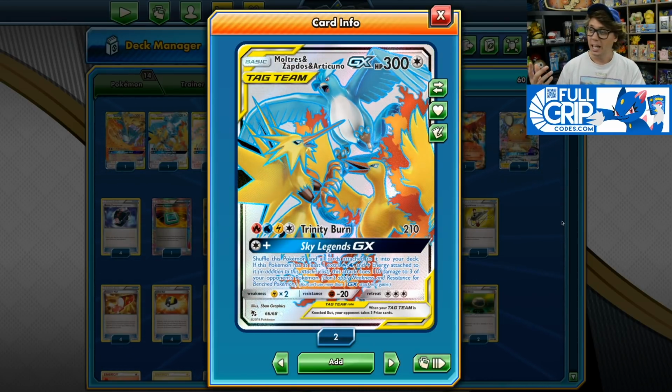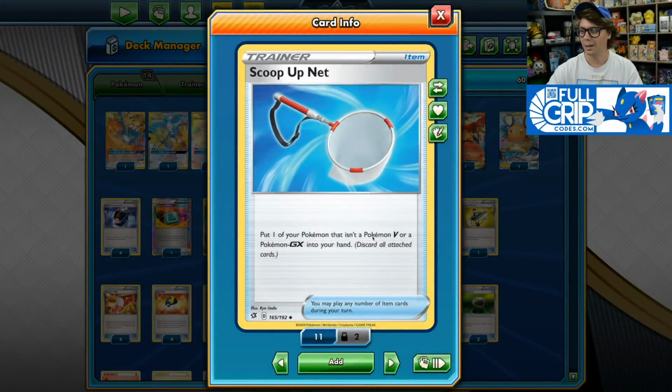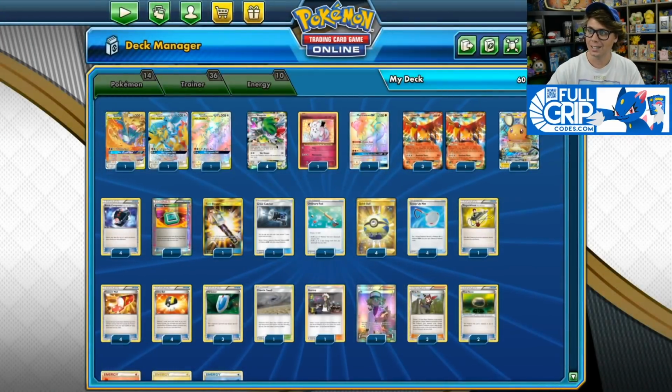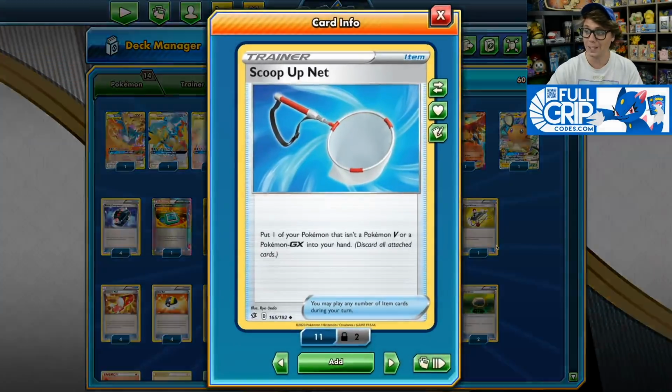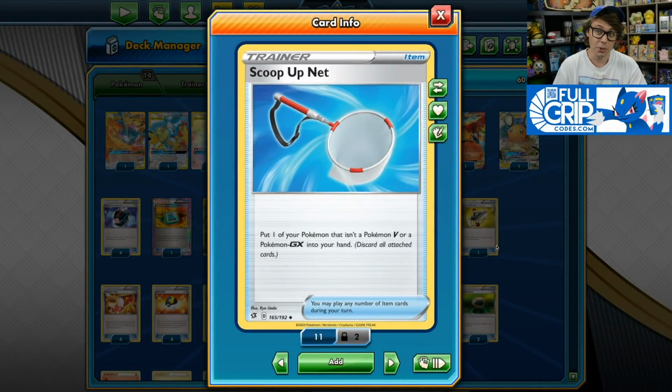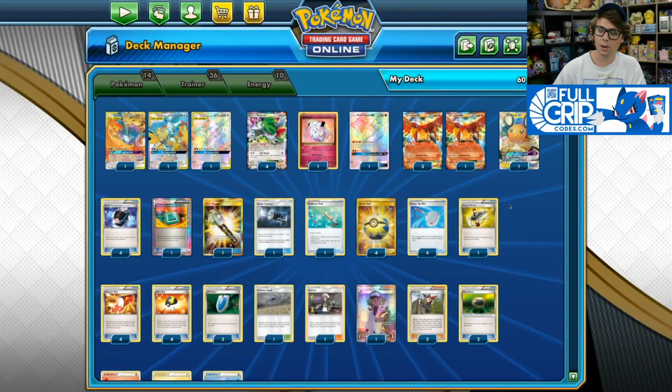And you might be thinking, that sounds kind of hard to pull off. Well, it's not, especially with the new Scoop Up Net item from Rebel Clash, which allows us to reuse Shaymin-EX's Set Up ability, which allows us to fill our hand to 6 cards. So this card basically is an item card that reads you can fill your hand to 6 cards if you have a Shaymin in play, which is absolutely amazing and very easy to pull off on the first turn of